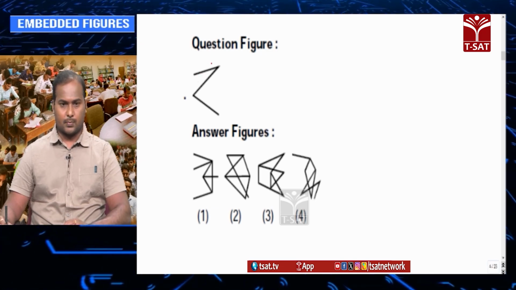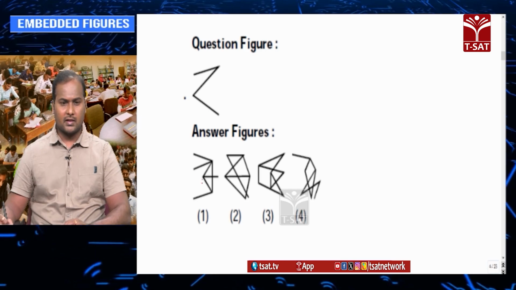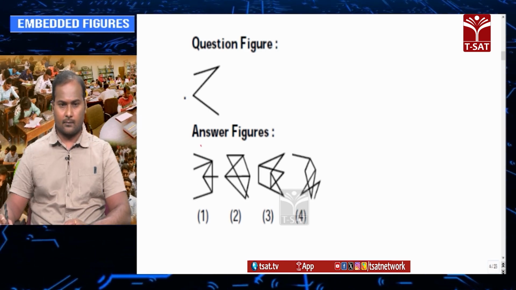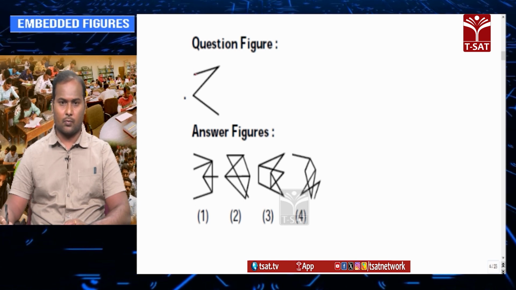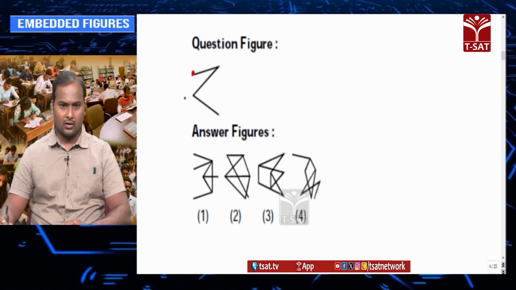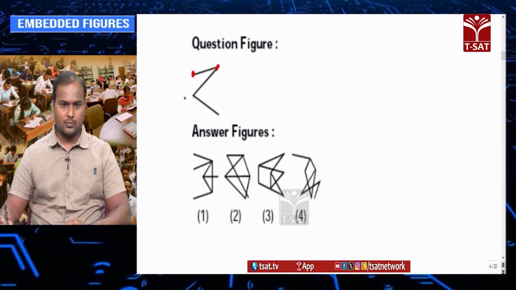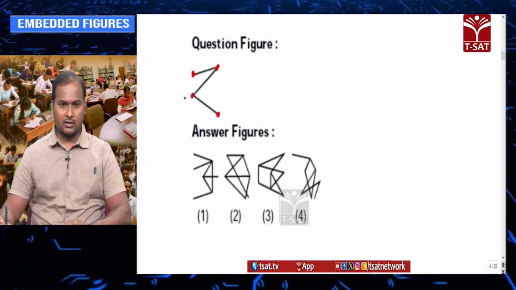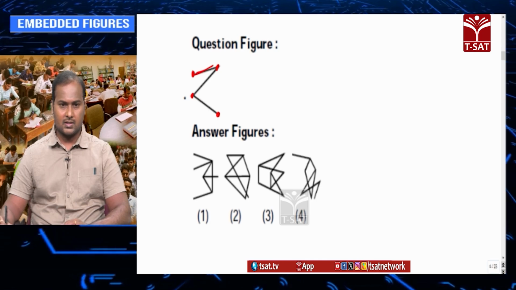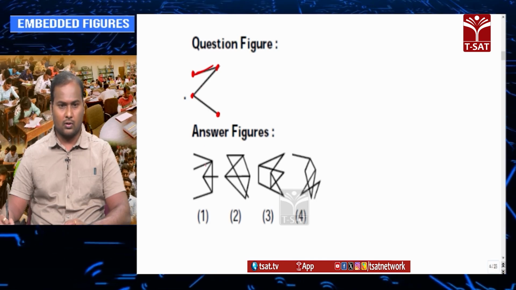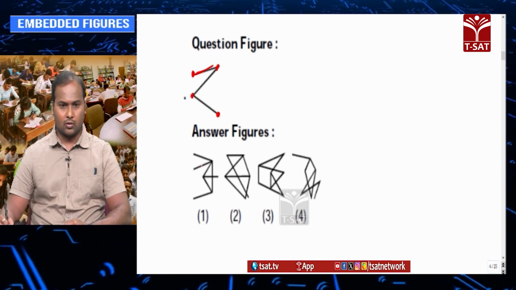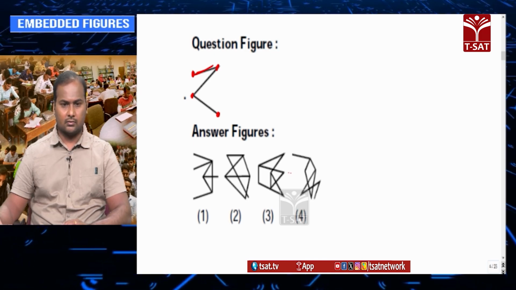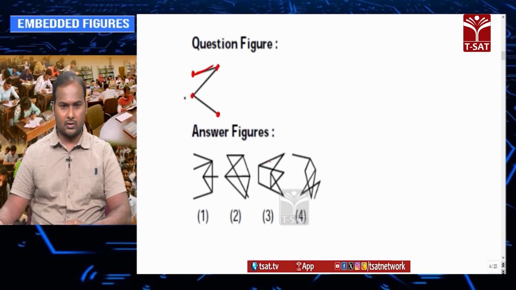Let's see this particular question. In case of option 1, check whether it is possible or not. You check from any point. Generally you take certain points in this kind of questions. For this one, you take one point here, this point, this point, and this point. So you try to check whether these lines or these points are possible in one particular option. By observing all these, I can directly say that in option 3,